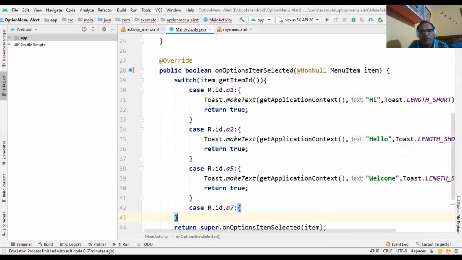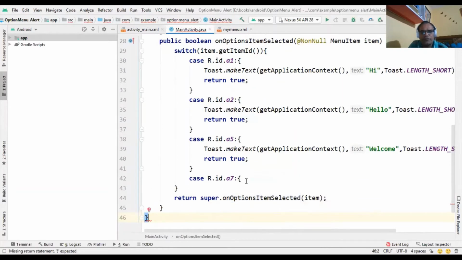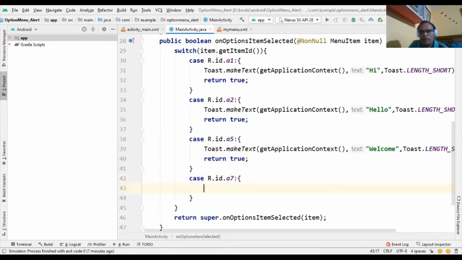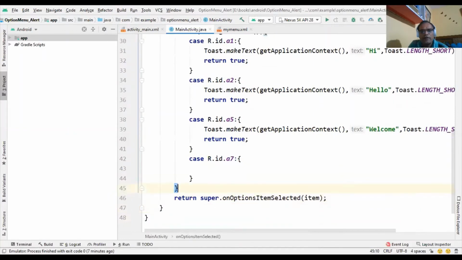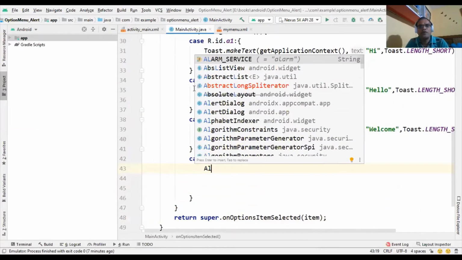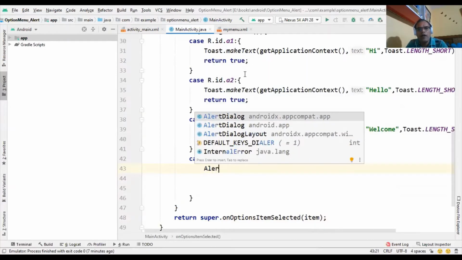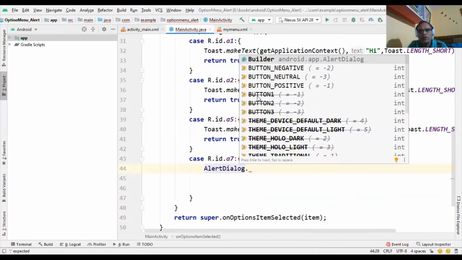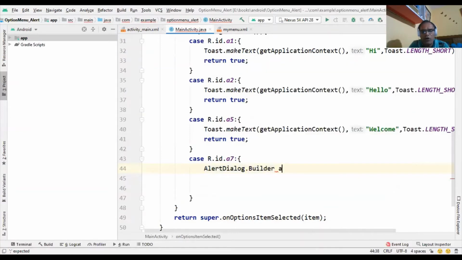Now here we have to write the code. Here we have to use AlertDialog.Builder, and we create an object for this class.